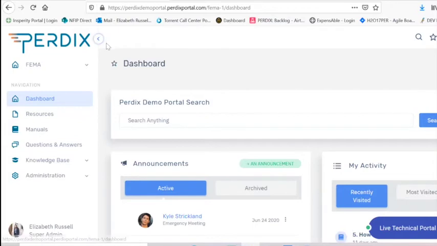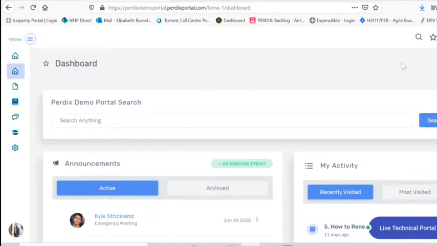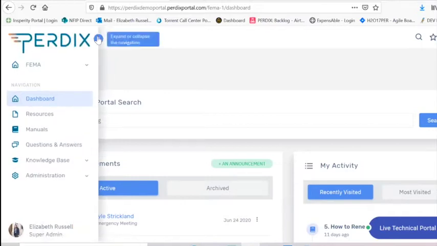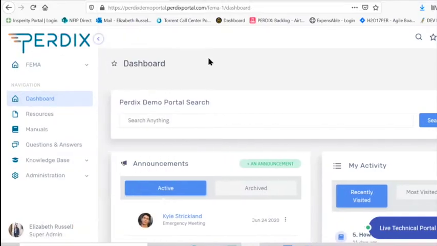Some of the items do expand and contract, if you will, for usability. I won't get into every part where that occurs. It's pretty basic, but if you do have any questions, of course, we can cover those at the end as well. The primary goal with the software is for folks to get in here and get their questions answered quickly